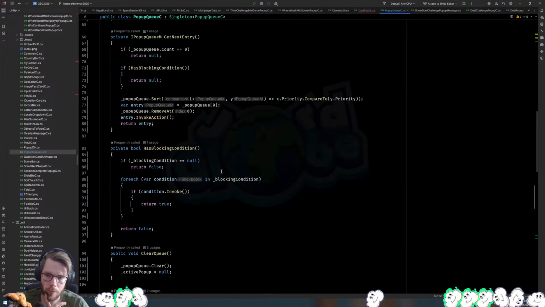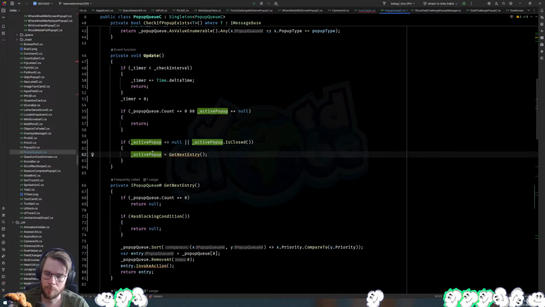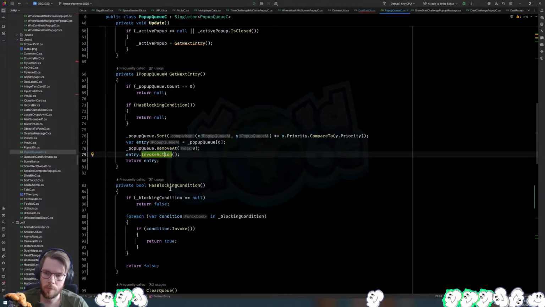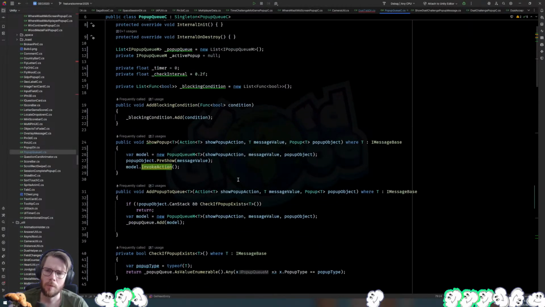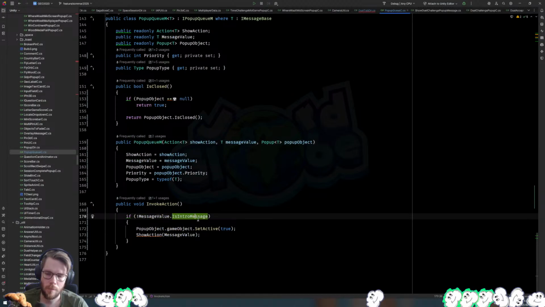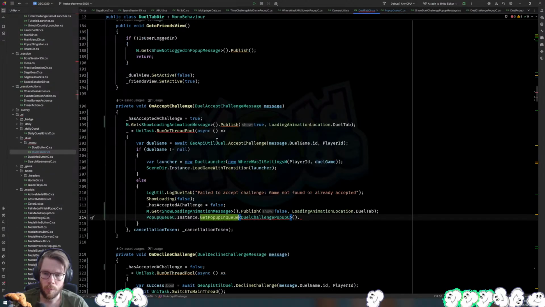How do we show it? Get next entry. We invoke the action, which is the show. I assume the model. Do this. This just invokes the show action, which we send in